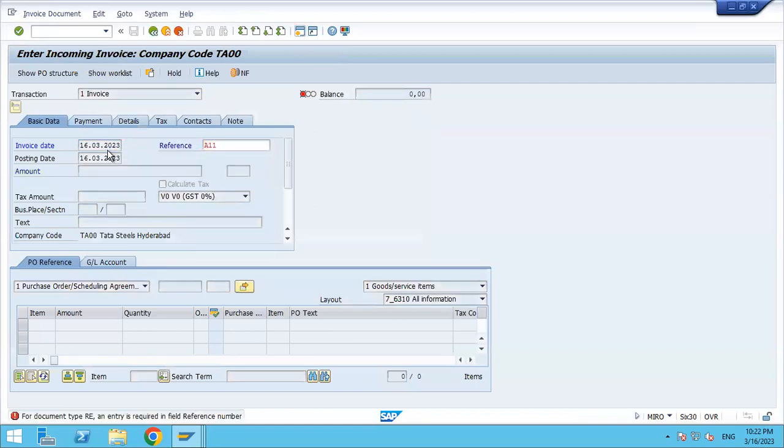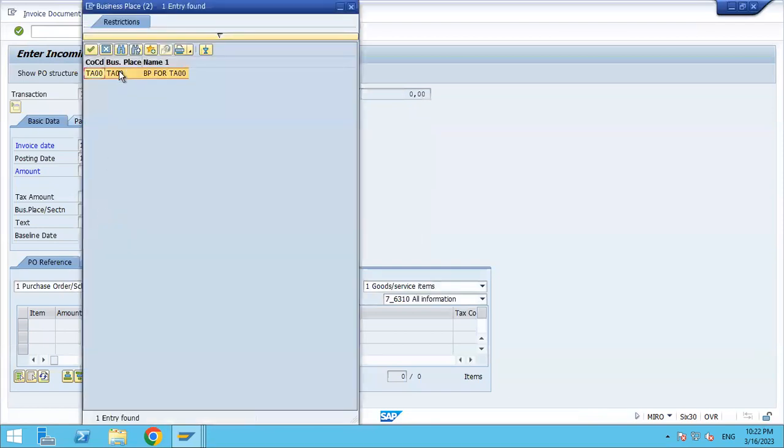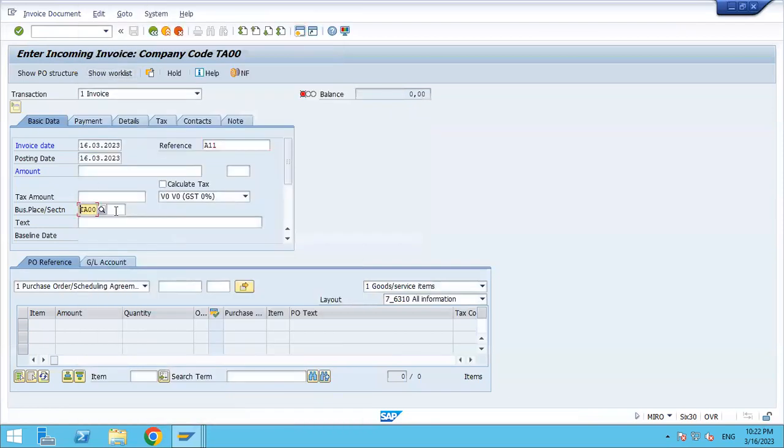Give reference, business place, TA00, TA00, calculate tax. Here you select purchase order, enter,